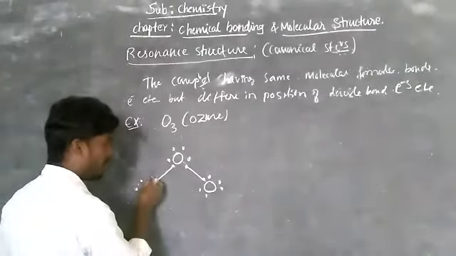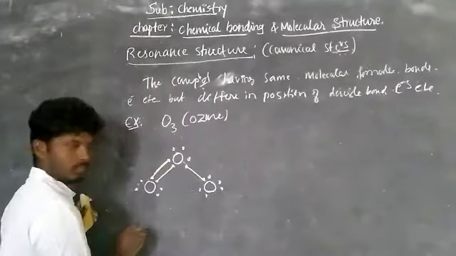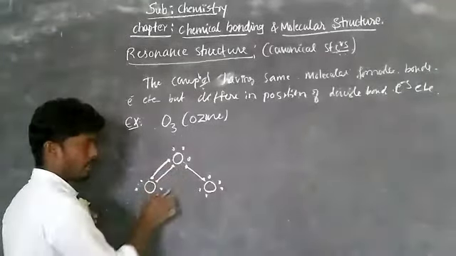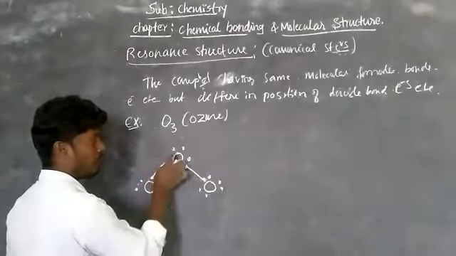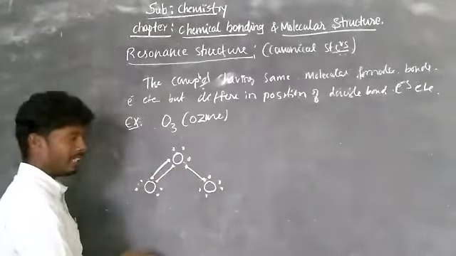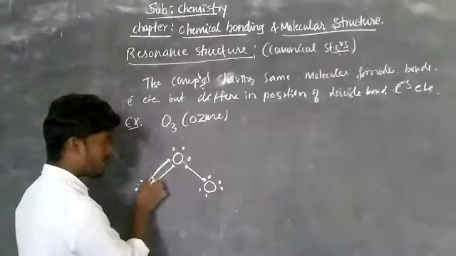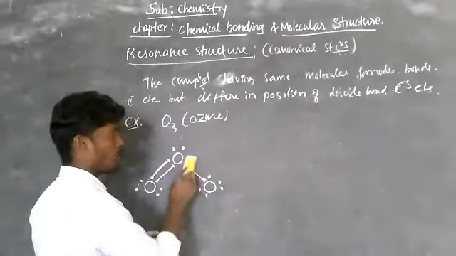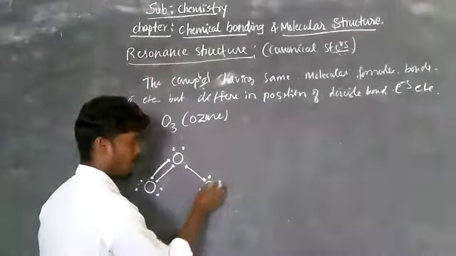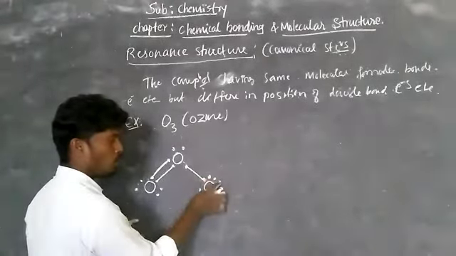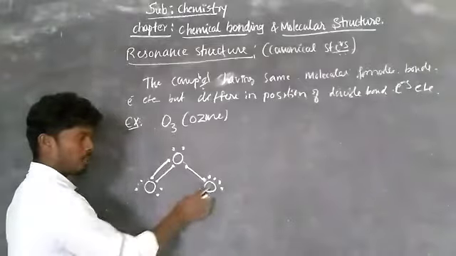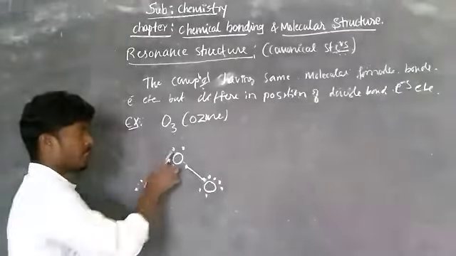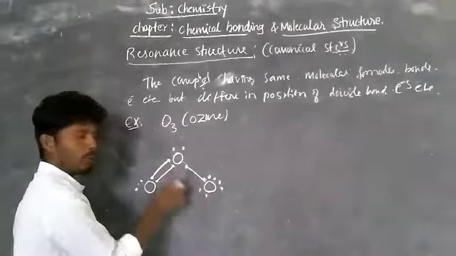Now in the resonance structure, we donate 1 more electron to this oxygen. Now it is electron rich: 1, 2, 3, 4, 5, 6, 7, 8. It is satisfied. Now here 1, 2, 3, 4, 5, 6, 7, 8, 9. Here 9 electrons. Now to decrease 1 electron, one of the electrons from this oxygen is changed to this one. Now observe, 6 electrons here, and here 2 electrons, here 4 electrons. This has a sufficient number of electrons present. This is electron deficient, electron rich here.